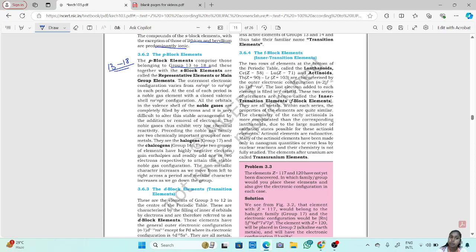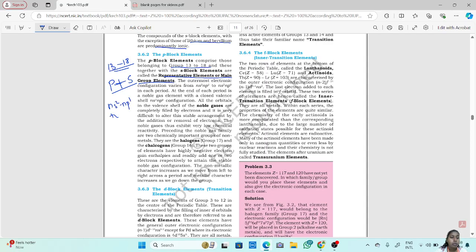All the elements in group 13 to group 18 come under p block elements. These together with the s block elements are called representative elements or main group elements. So p block elements along with s block elements together are known as representative elements or main group elements. Now the outermost electronic configuration of p block elements will start from ns2